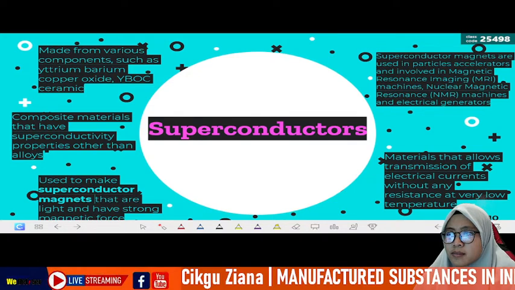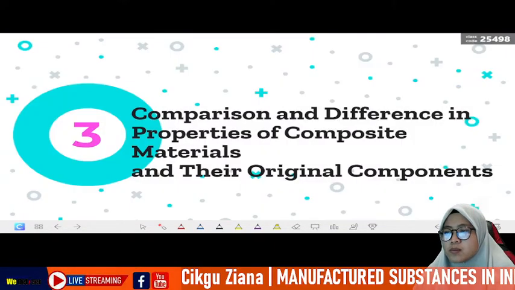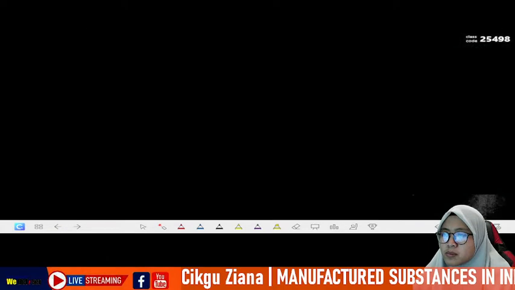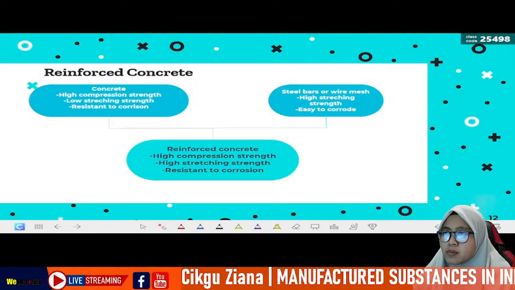and electrical generators. Right. Now we are going into the comparison and difference in properties of composite materials and their original components. So first we're starting with reinforced concrete. So reinforced concrete, concrete